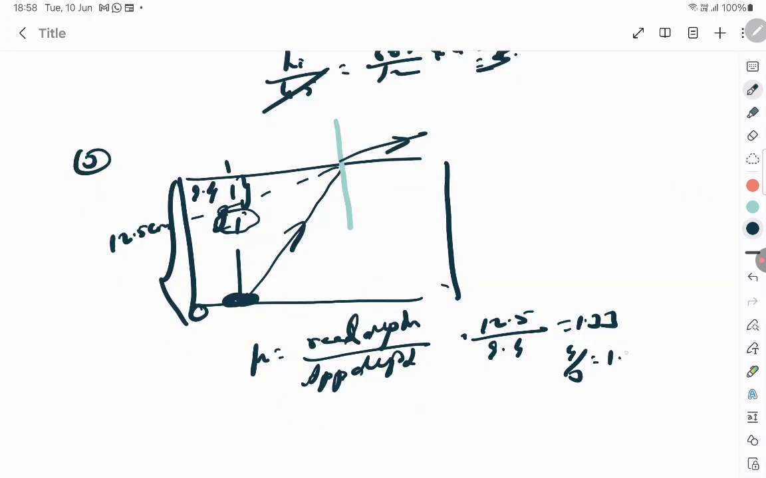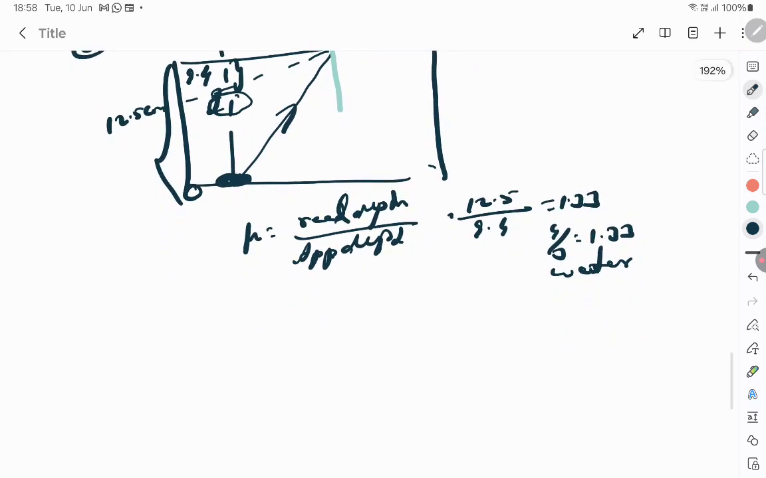1 3 ones are 3, 4 3 3. So therefore this is nothing but water. We have memorized the refractive index of water. Now the next question is,